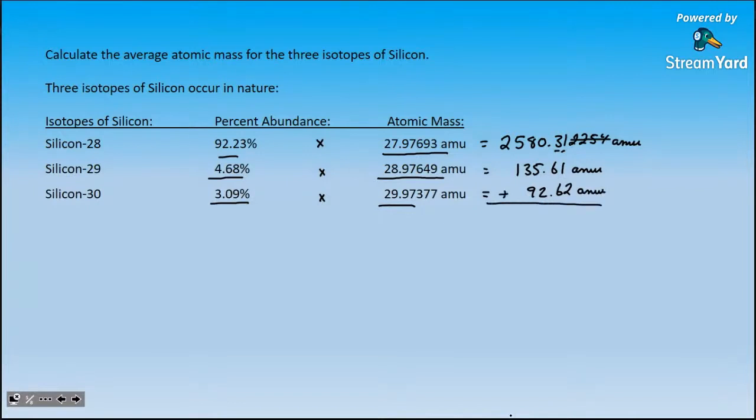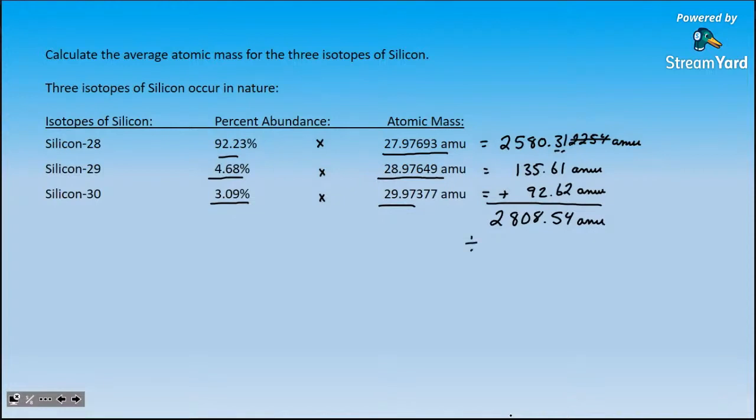Now that we have how much each isotope is going to contribute, we add those products together. So 2580.31, but I'm actually going to go back in my calculator, scroll up to the full unrounded value, just because that is more accurate. I'm going to do that for each one of my 3 answers, add them up, and I get 2,808.54